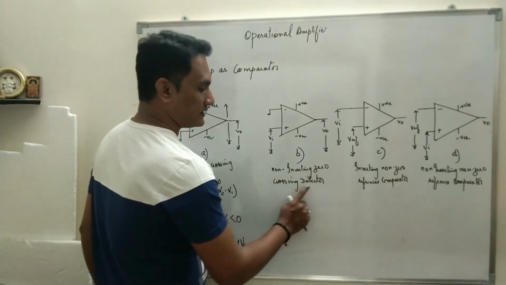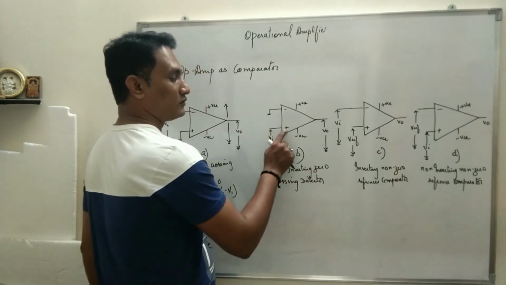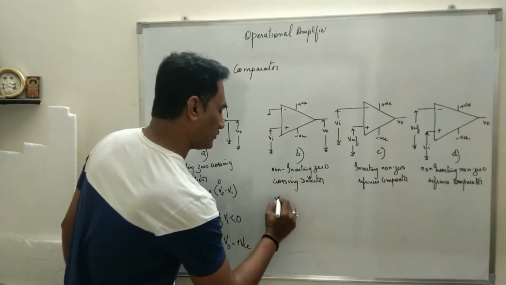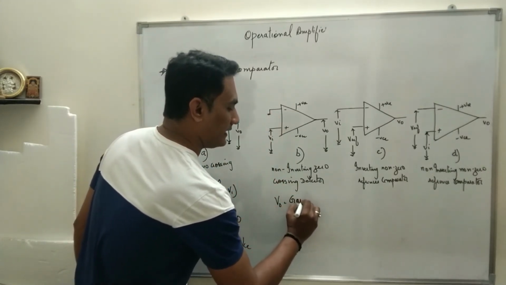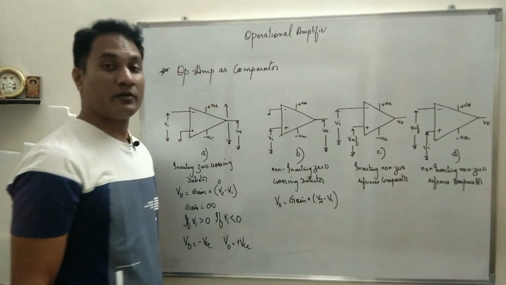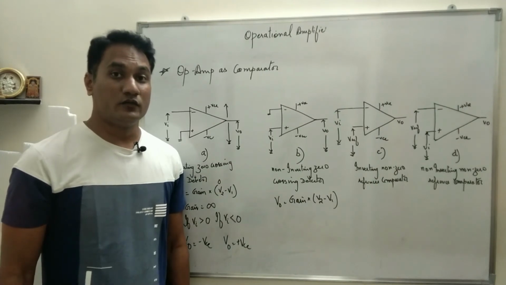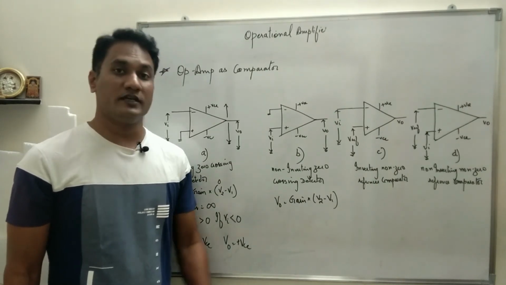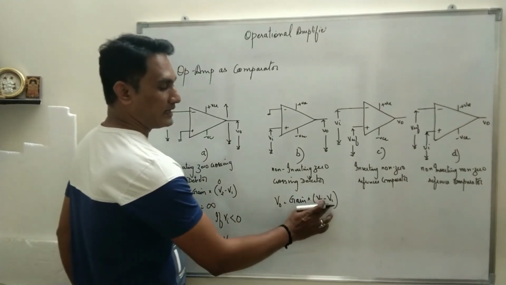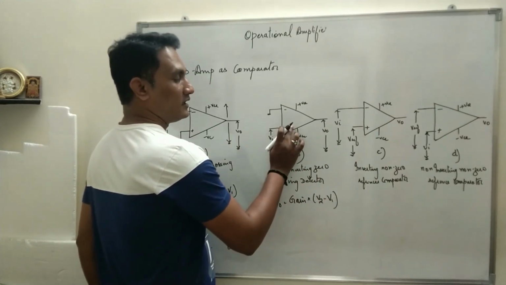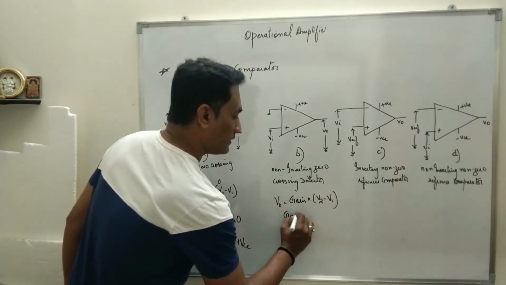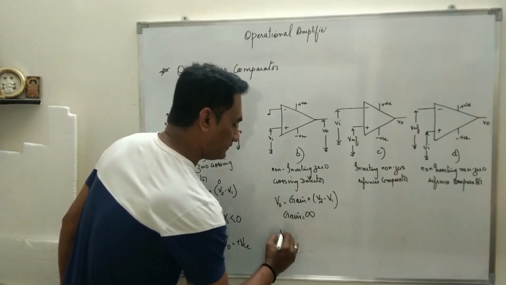non-inverting zero crossing detector. That means here the input voltage is applied to the non-inverting terminal and the inverting terminal is grounded. Now again the output voltage is gain multiplied by the difference between the two input voltages. In op amp as a subtractor we understood that the difference will always be non-inverting minus the inverting. Okay, so it will be V2 minus V1. That means voltage across non-inverting minus voltage across inverting, and gain is infinite. Now